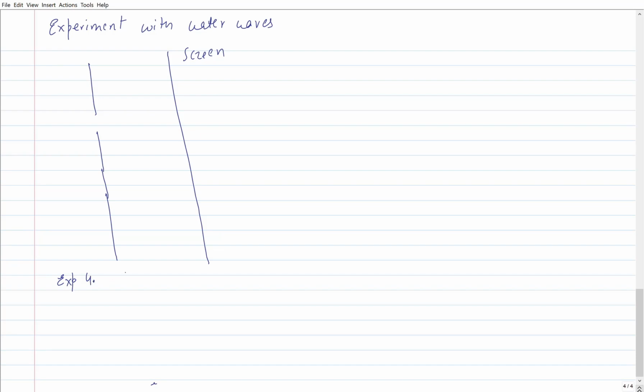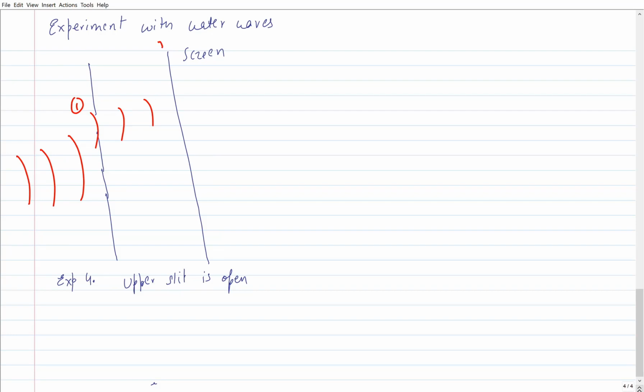where I am using water waves, but again the upper slit is open. As usual, the name of the upper slit was slit 1. And I have a source of water waves coming. They pass through the slit. And I get some sort of an